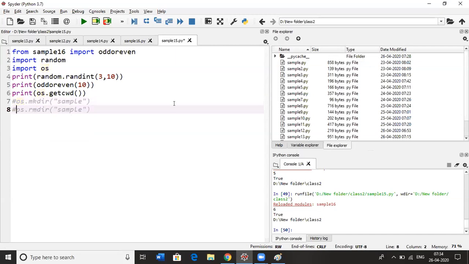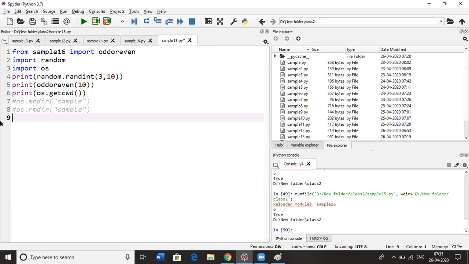Let's say you want to count how many files are there in a folder, whatever folder is given. In that folder, we need the files count, and we need the folders count. Before that, we can list the directory. List directory means it will walk through the folder and get all the names of the files and folders.